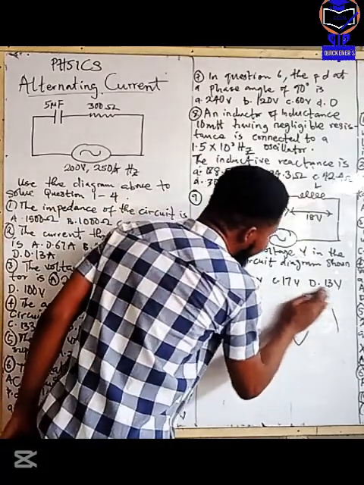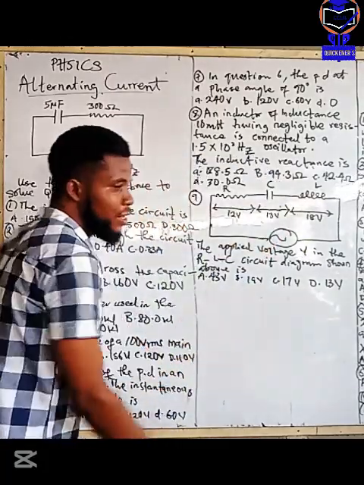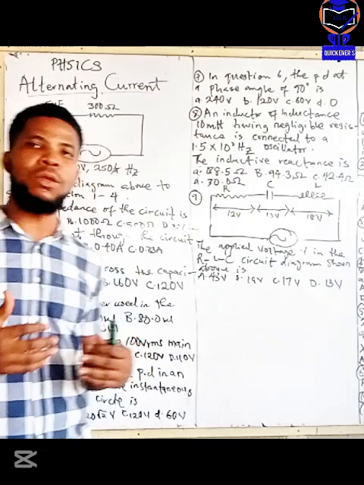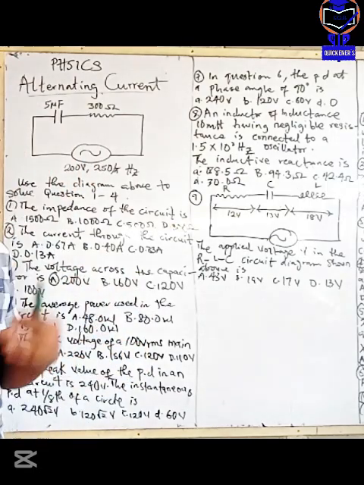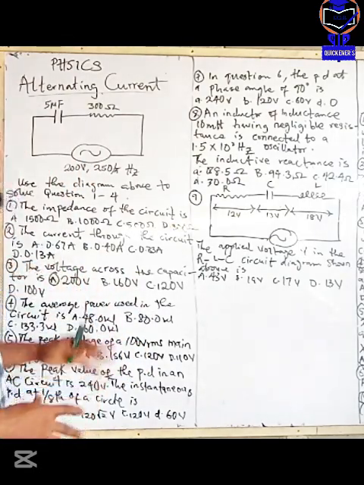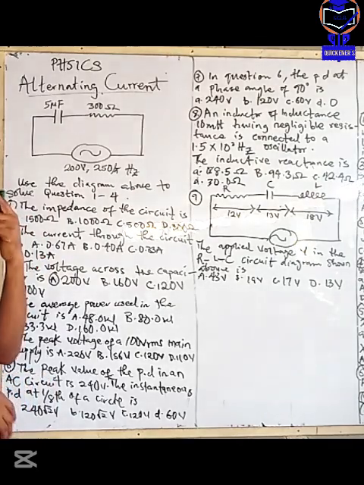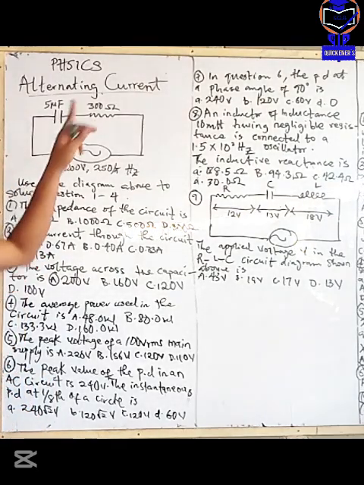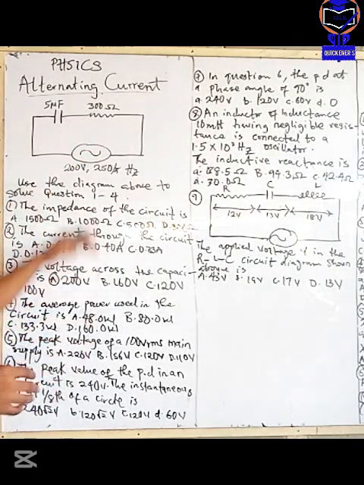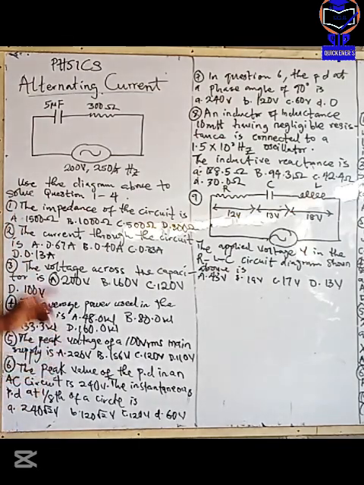Now, in an AC circuit, you could have an AC circuit mixed with resistors, capacitors, and inductors. In this AC circuit you are seeing, we have a capacitor there, and we have a resistor there. Now this is the source. Now, the question, let's go. The question says,